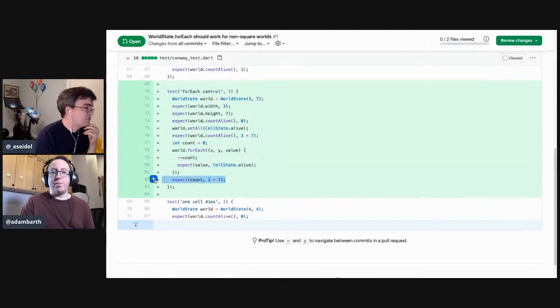Yeah, so this is actually an interesting part of the bug because we were using these functions that, if you queried outside the bounds, would return not alive or dead or whatever it was. Then the first time I wrote the test, I couldn't get it to fail before my patch because it was calling me back with all these very sensible values.